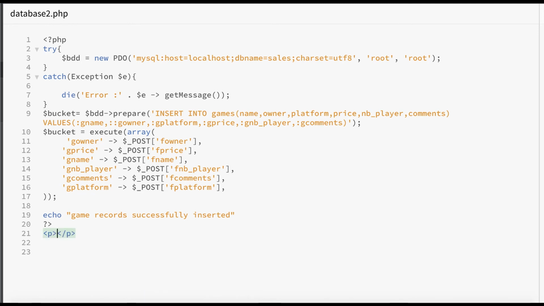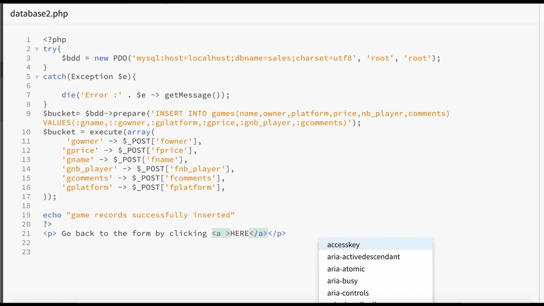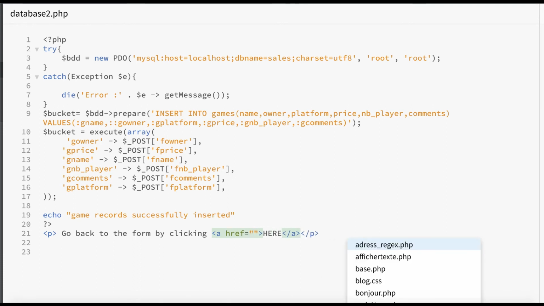It is P. Go back to the form by clicking here, and I link my form to form.php, and that is all for the PHP code collecting data from the form to insert inside the table games.